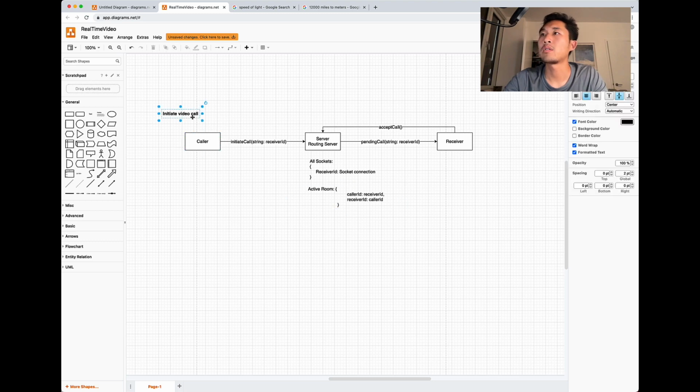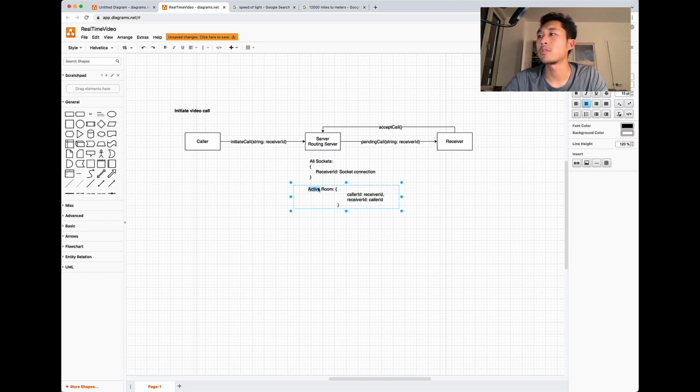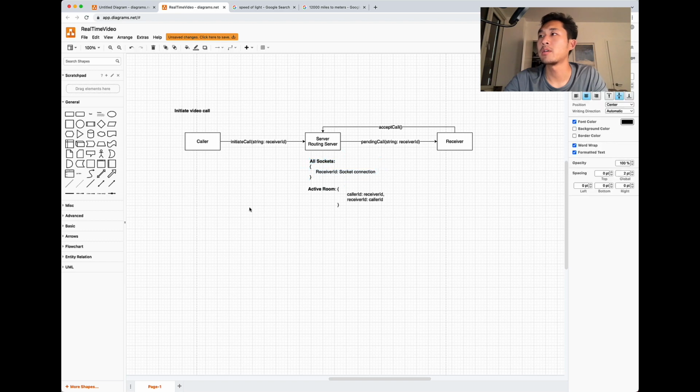So now, once we have this call established, the caller will always be connected to the server, and the server is now connected to the receiver. So let's clean this up a little bit.